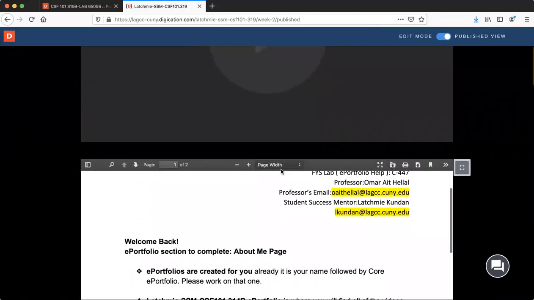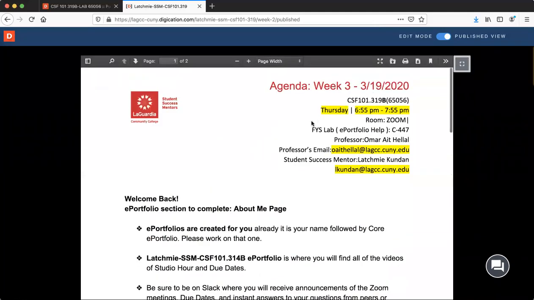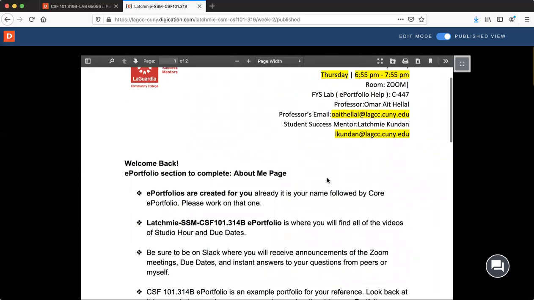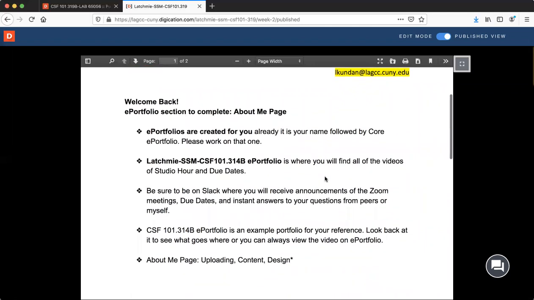If you scroll down below it, you'll see the agenda for the day. Notice at the top, it has the days we meet, what platform, your professor's email, my email, and also an agenda of what's going to be done for the studio hour. So I already went over that your ePortfolios are created. I'm showing you this ePortfolio, and make sure you're on Slack. We have due dates, instant answers to questions, announcements on Zoom, and